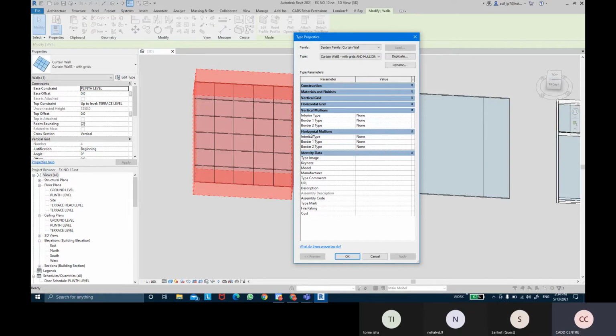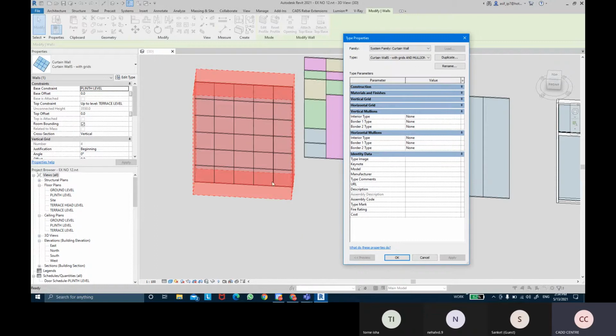Even in horizontal mullions, we have the same three options. If I'm going to add a vertical mullion, there is the interior type, which is for the center mullions actually. So all these center mullions are my interior types.